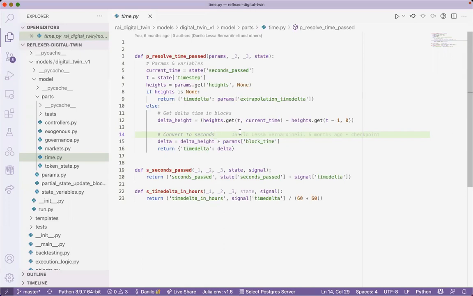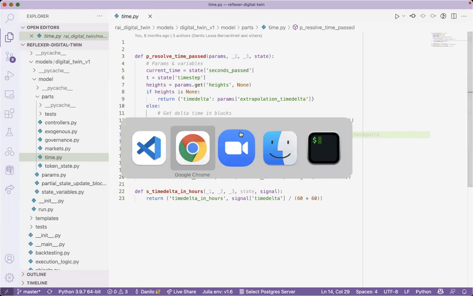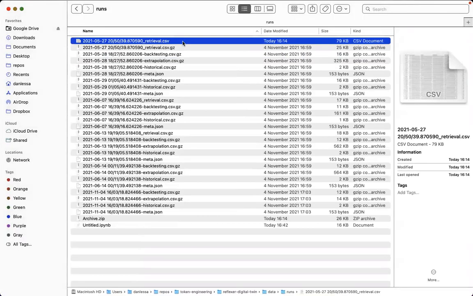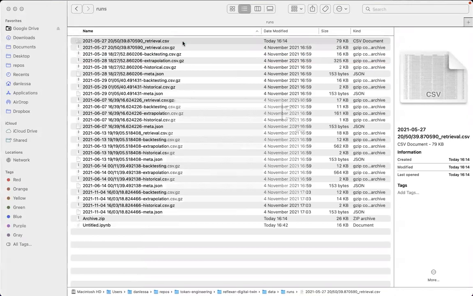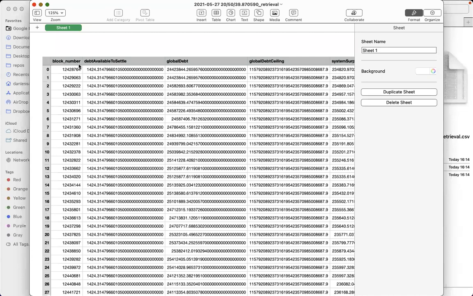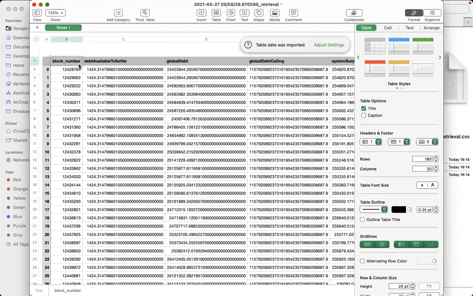So the issue is that when we get the data, let's go here to the retrieval, we don't have time, we have block heights. This block height should be converted to a timestamp. And the time differences between those timestamps are not the same.